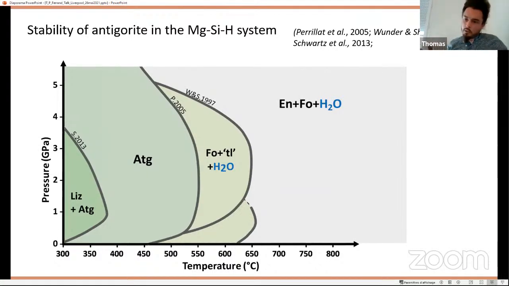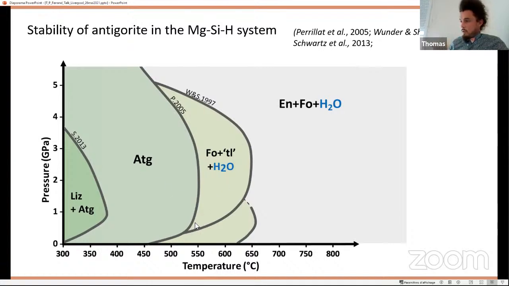So here is a pressure temperature diagram showing the stability field of Antigorite in the magnesium silicon hydrogen system. As you can see, between 1 and 4 GPa, so about 35 to 120 kilometer depth, which is where the double seismic zone is defined,